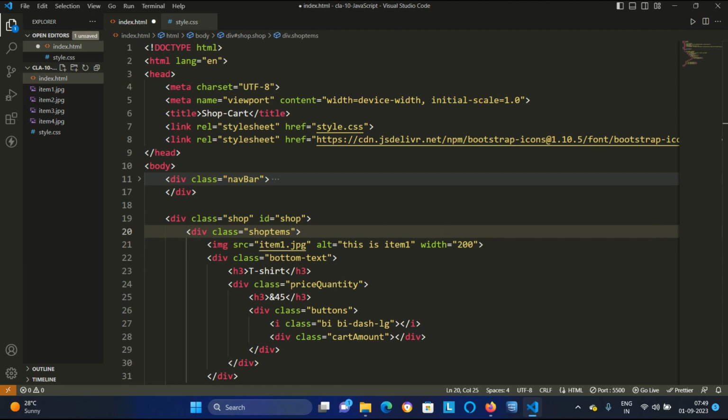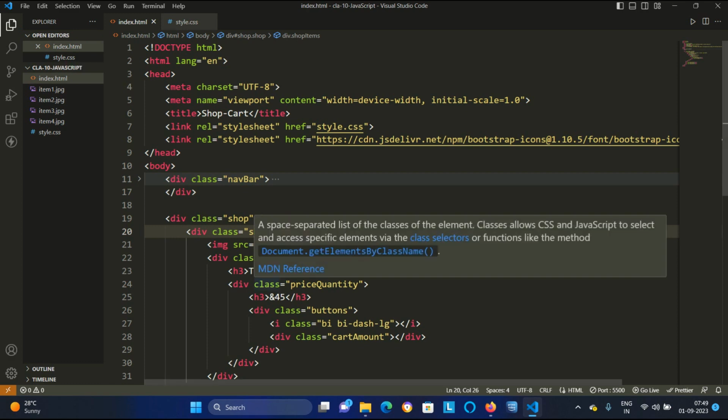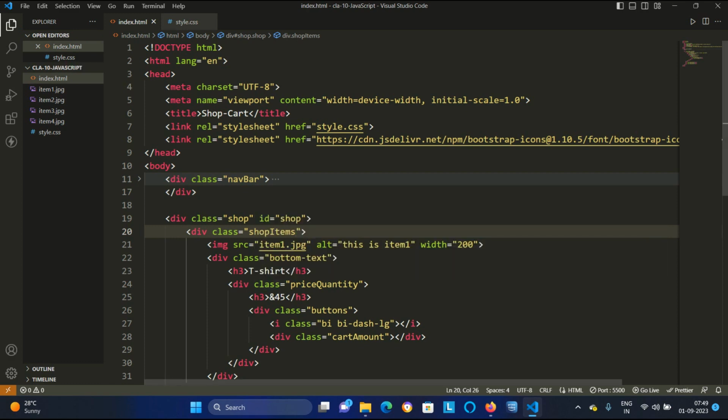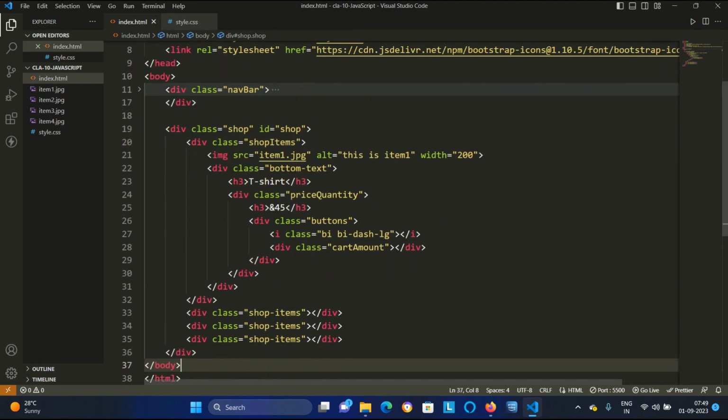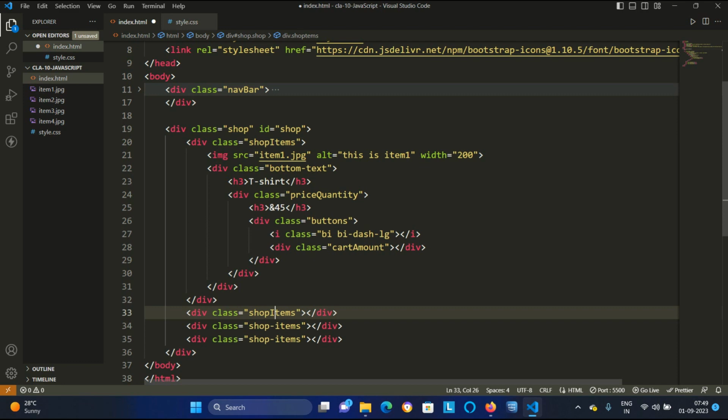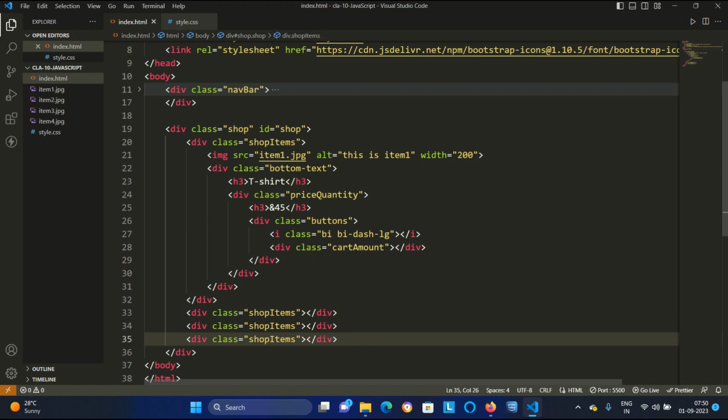Here I am saying SOAP items. Okay, so inside our SOAP we have the SOAP items, so I will change the name of some SOAP items here as well. Inside this we have one image, then bottom text.